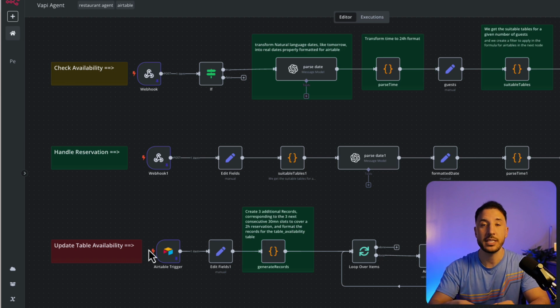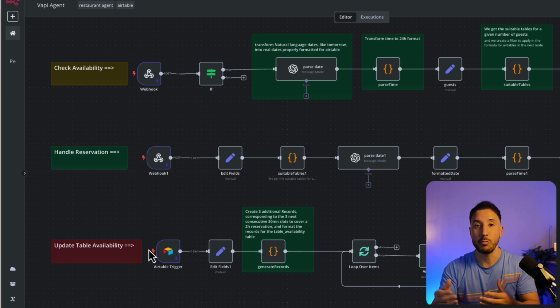multiple tables. It's capable of checking to make sure that the table that the party is requesting is available. So for example, if it's a party of 5 or a party of 6, it goes back and checks on the Airtable database to make sure that there's enough tables available for the requested party. And again, that's why I said this is a very complex restaurant reservation AI agent that was built by